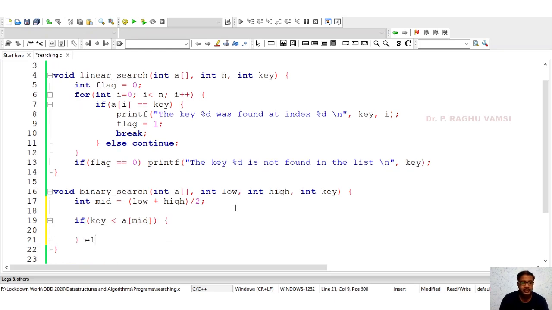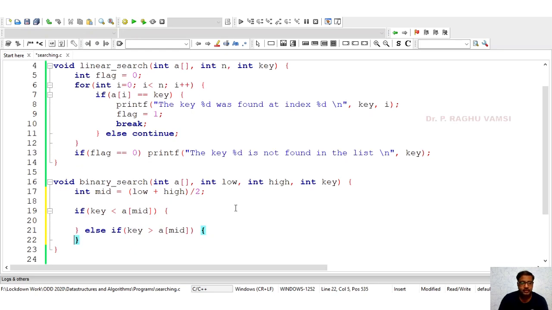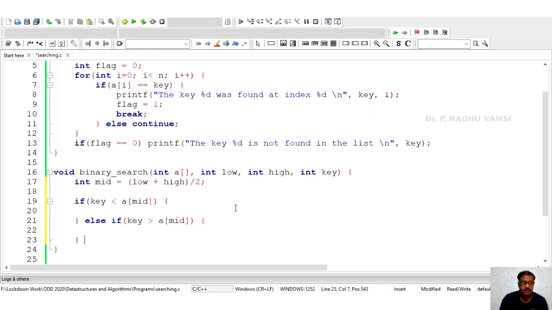Else if key is greater than a of mid, then we need to go into the right side. Else if key is equal to a of mid, then we can say key was found.